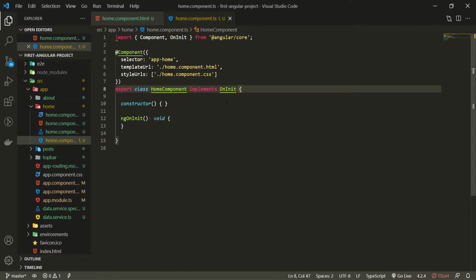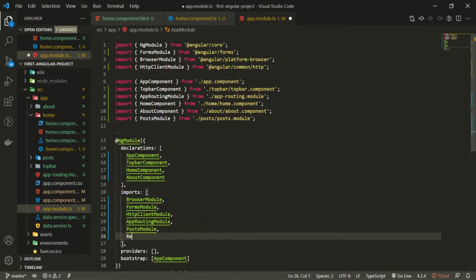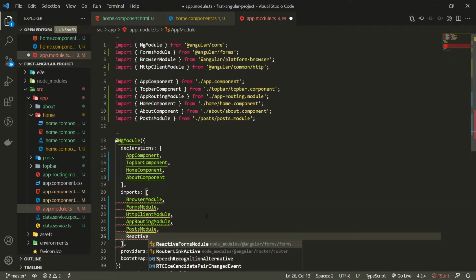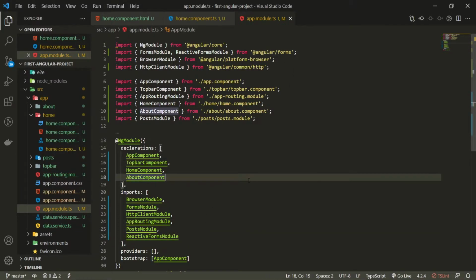To use reactive forms in Angular, we must first use their module. To do such a thing, I will go into my app.module.typescript file. Here in the imports array, I must import ReactiveFormsModule, which must be imported from @angular/forms. Now that we have this, we can go into our